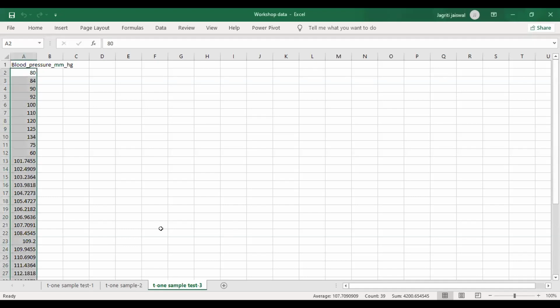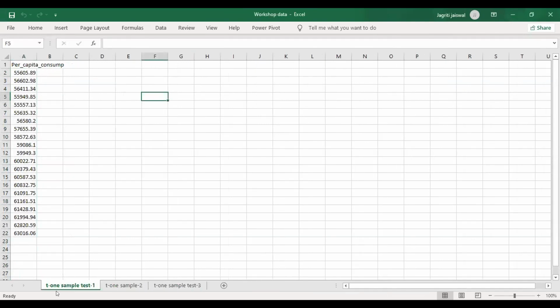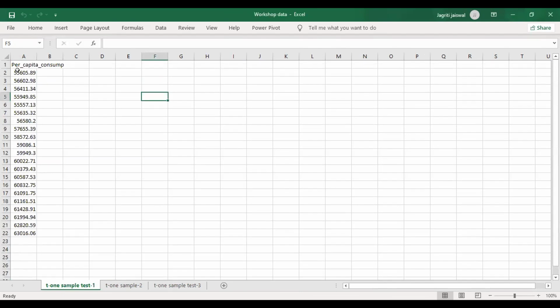This is a one sample test data set. It is in Excel form. You can directly import this into the SPSS file, or there is another way, that you can simply copy paste this into there. This is not the whole data set, there are lots of data, but it is only one variable, and you can completely copy paste this into that SPSS file. Otherwise, you can do one more thing. You can completely import the file there.